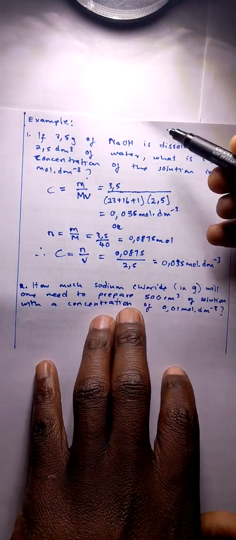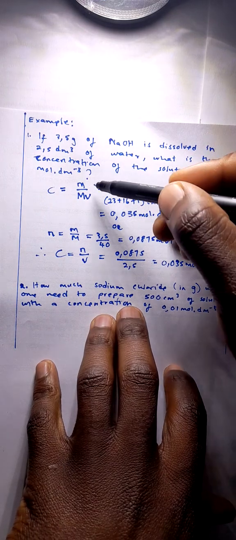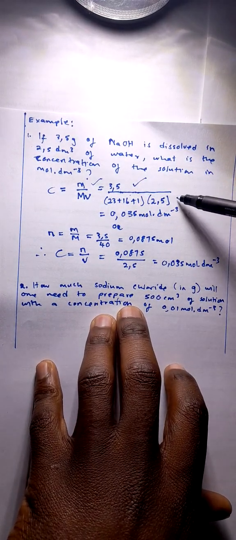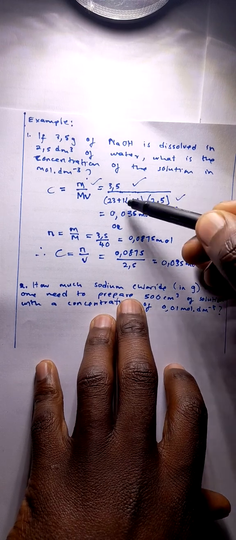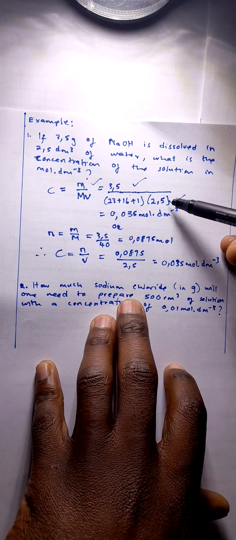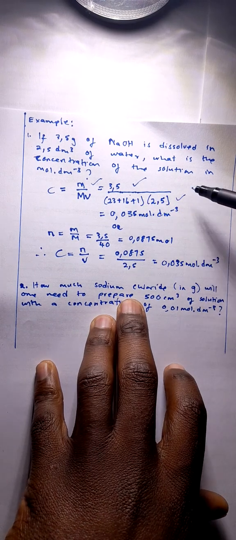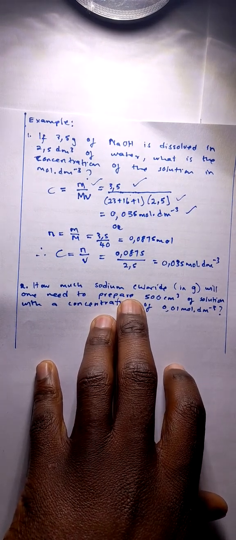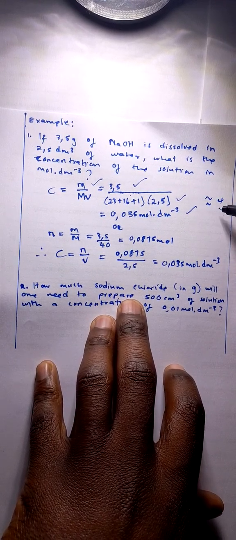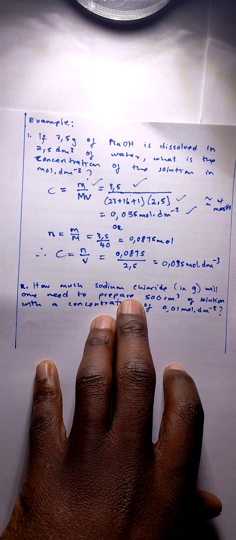When they mark this, okay, they can give you a mark for the formula, a mark for putting the mass, all right, and the mark for correct multiplication here, 2.5, which is the volume and the molar mass, and the mark for the answer. So roughly 4 marks, okay, 4 marks when you are doing this question. But anyway,